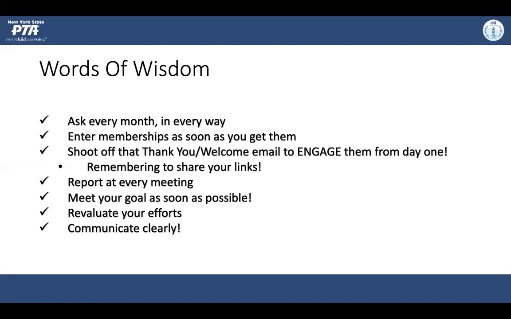Put your PTA logo on everything. Don't have one? Email me and I will get you one. Having the information out there for parents is paramount. School newsletters, principal messages, classroom notices, email, text, website, Member Hub, social media. Get your word out